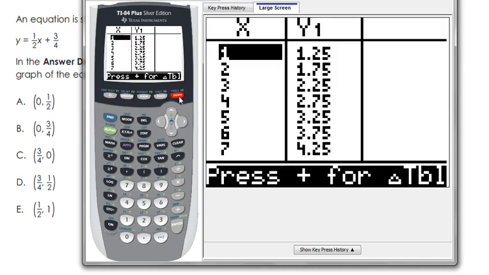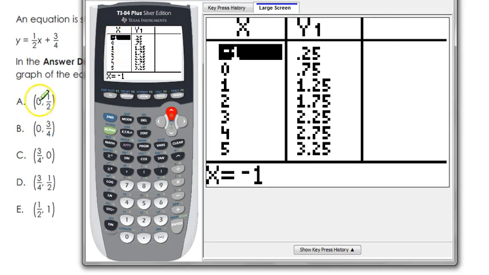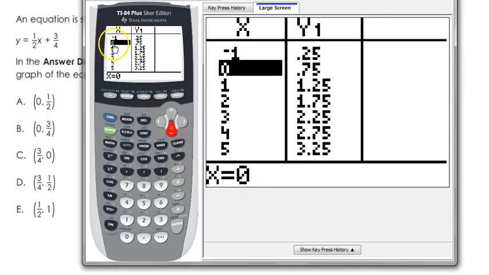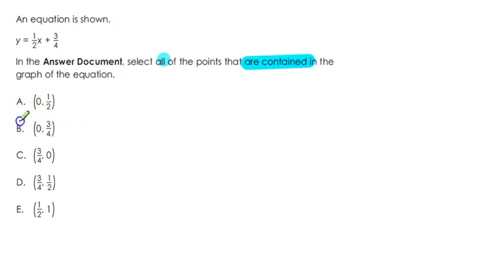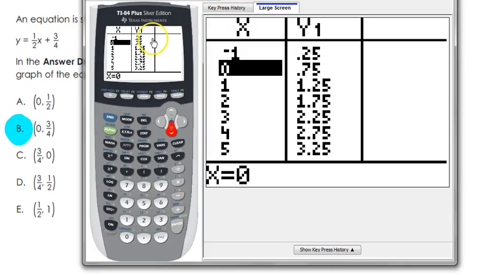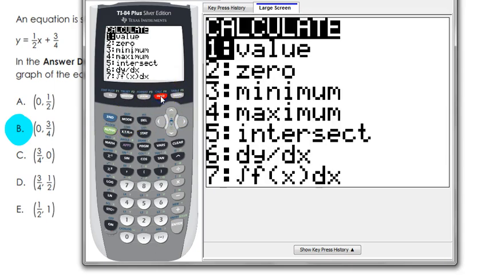You might say, let's take a look at the table. It has 0, 0.75. So right here, 0, 1/2, 0, 3/4. Oh, well, it's not 1/2 because 0.75 is 3/4. So you could have one of your answers just by looking at the table. But 3/4 as your x value and 1/2 as your x value are not going to be on the table provided. So what you can do there is go to the calculate menu,